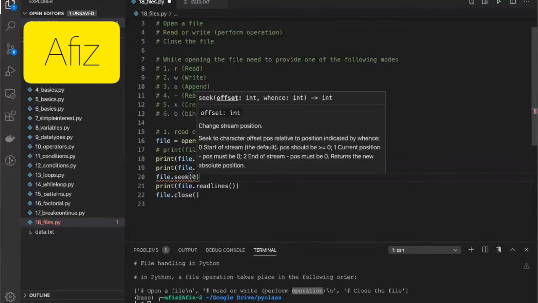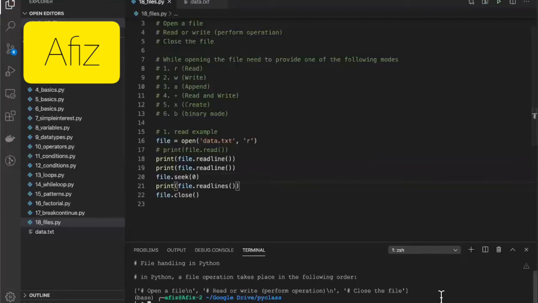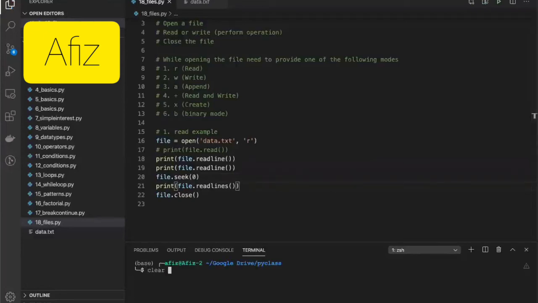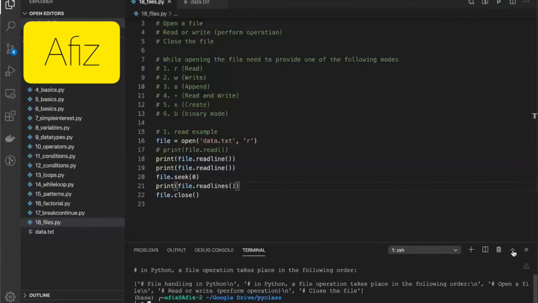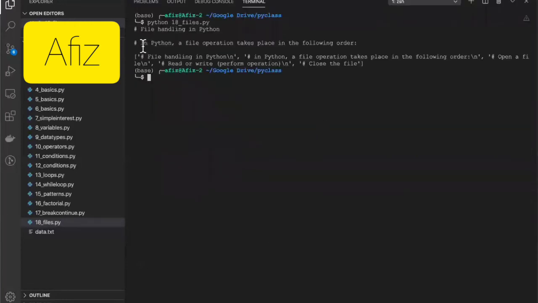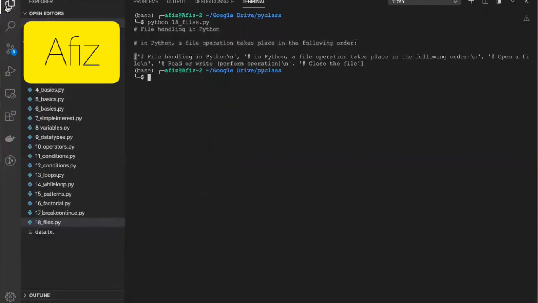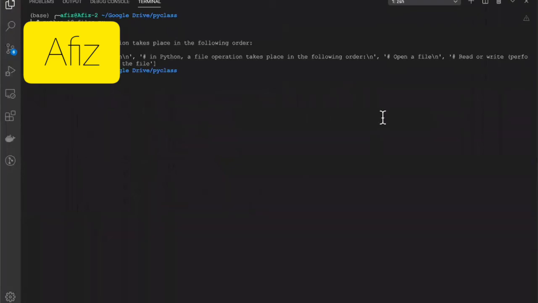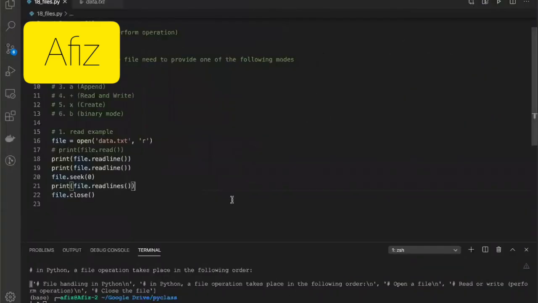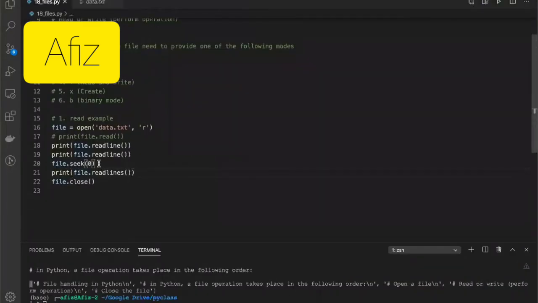In this case, I want to start from 0. Let's see exactly how it behaves. Do you see this? We got the first two lines, but again, in the readlines, we got it from the first line.